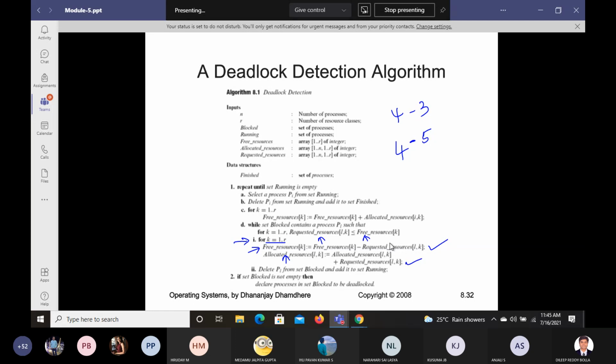So what they are trying to do here is always check whether we have free resources available or not. Free resource is yes or free resource is no. Whether it's available or not available, we are trying to check. In this case, we have availability, so we're going to do one way. If it is not available, we're going to do the other way.